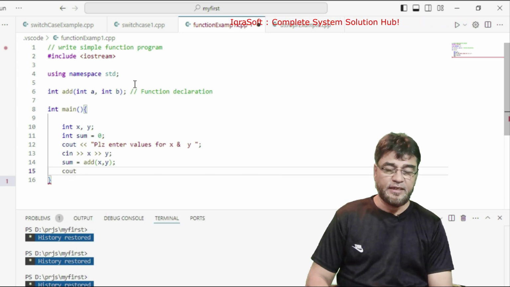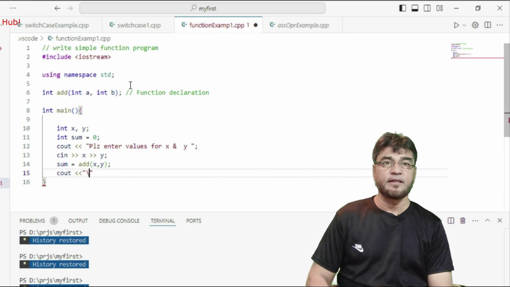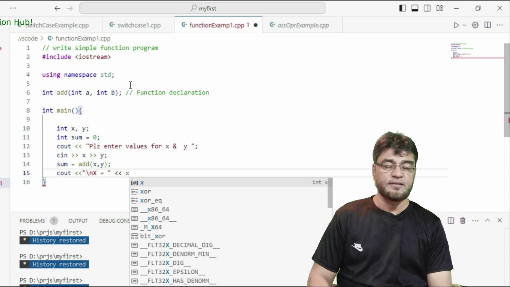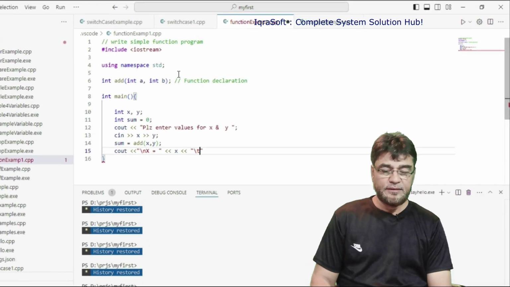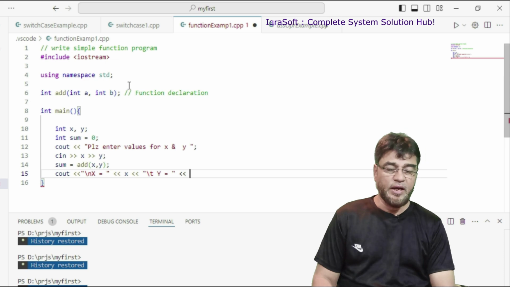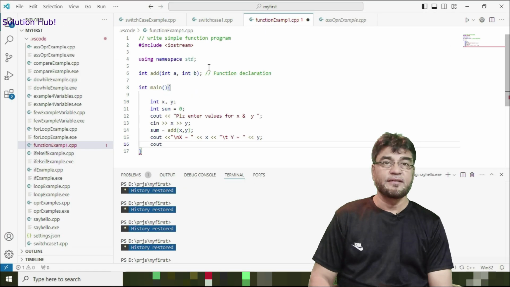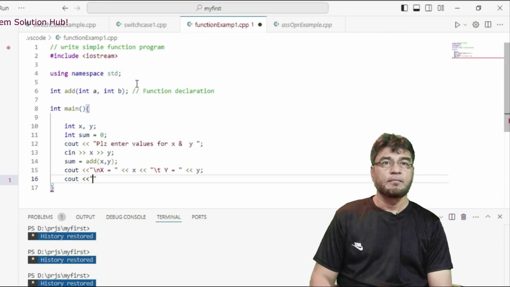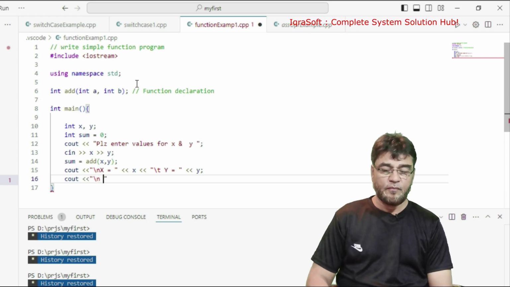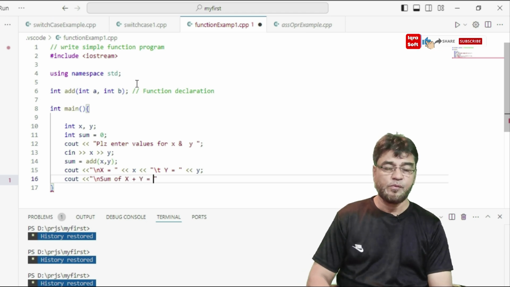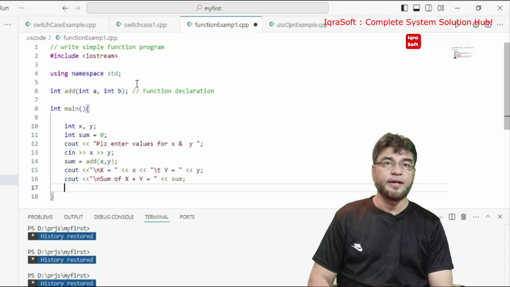cout << "\n x = " << x << "\t y = " << y; cout << "\n sum of x + y = " << sum; return 0;